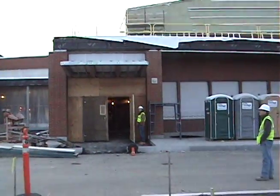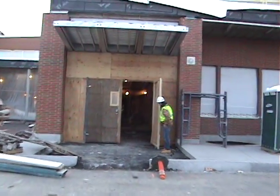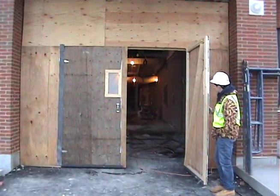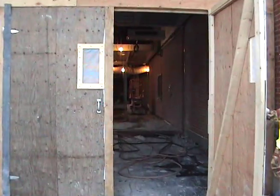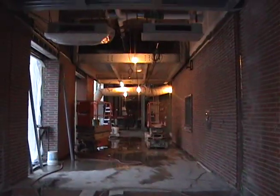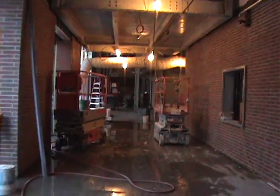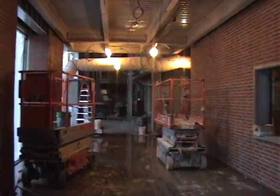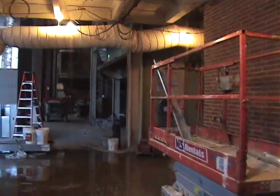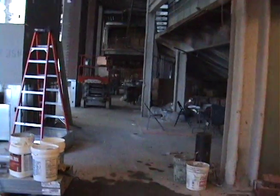Now you're looking at the front entrance of the school building. To the left, there will also be 2 doors that you can enter into the building. This will be our main entrance of the school. As you're walking into the building, to the right you will see where students, faculty, staff, and anybody from the community would enter into our building, but also check in the main office. Again, straight ahead, you're looking at, to the right would be the auditorium, and to the left would be the